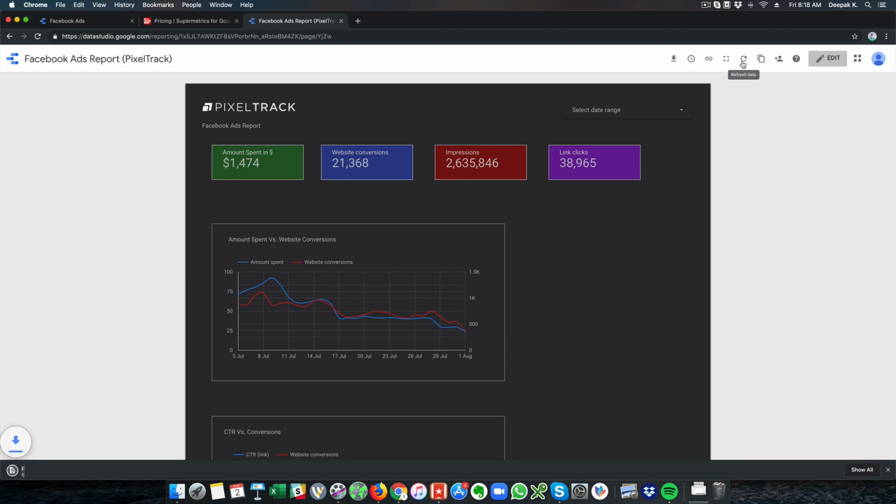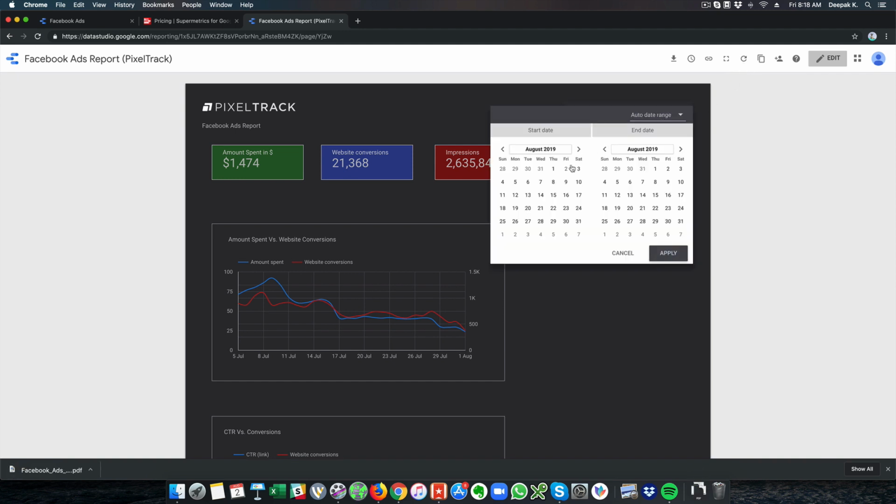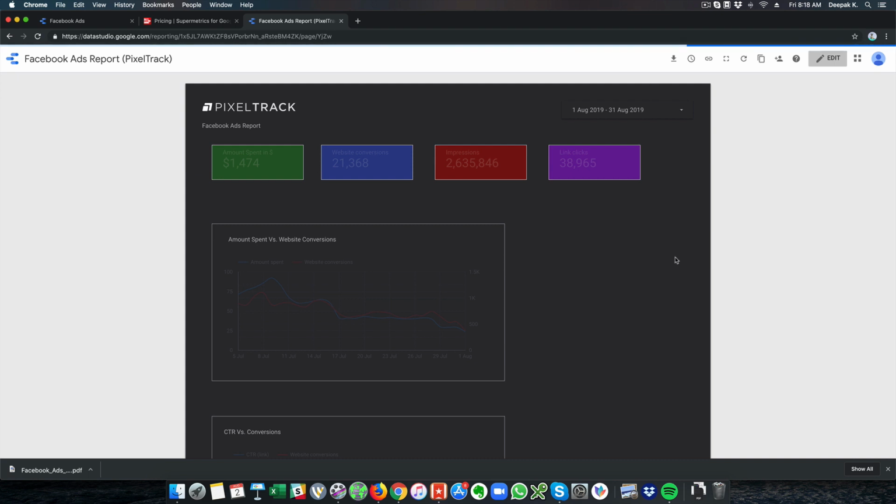The refresh button is important because sometimes for a particular date, whatever data you have, so let's say I want for August. So we are selecting August, and we have a bunch of data being displayed, and sometimes when you select it, you will not be able to see the latest updated data. So in that time you have to click on refresh data, and once you click on refresh data, the latest data will be pulled and it will get refreshed.